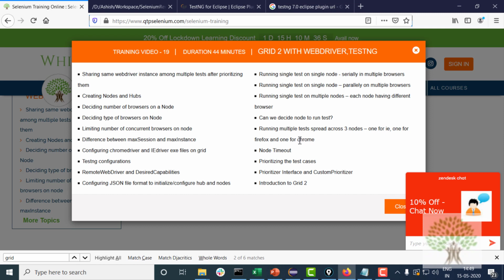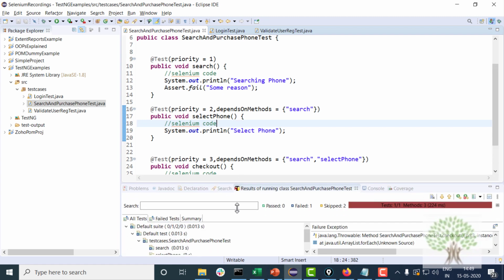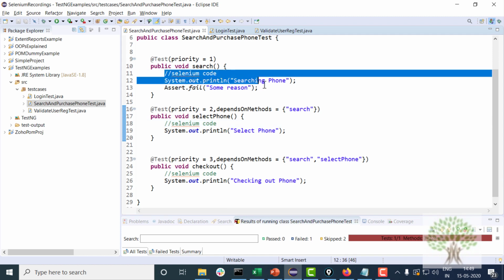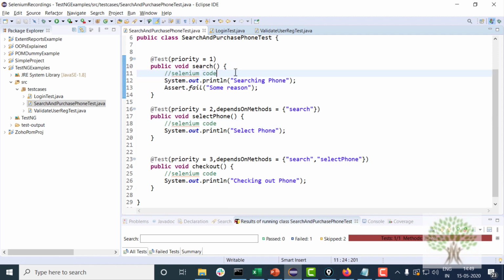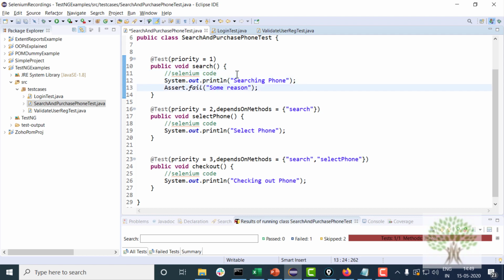Now over here, if I have to skip a test case, fine. If I want to skip, suppose, the search test deliberately, fine, how do I do that?